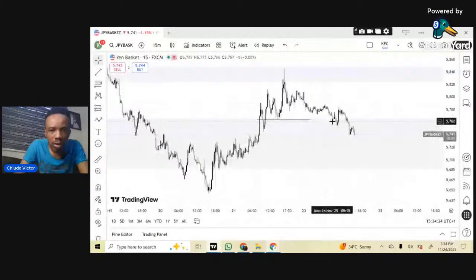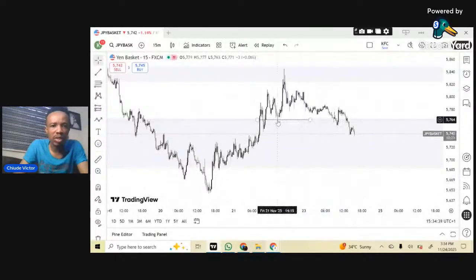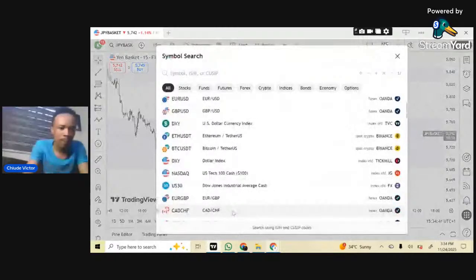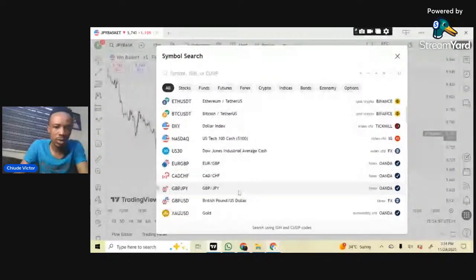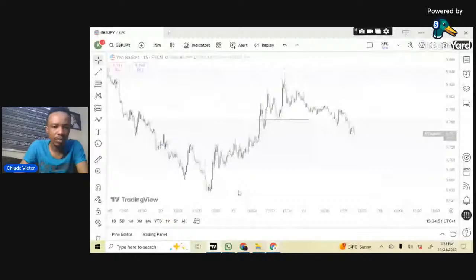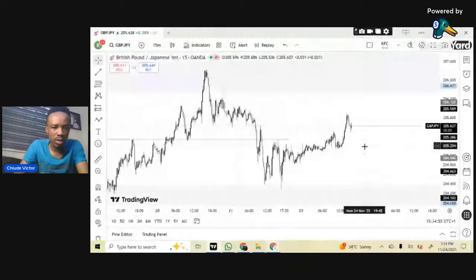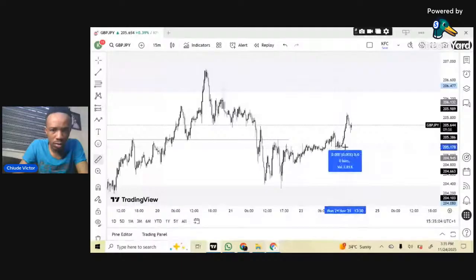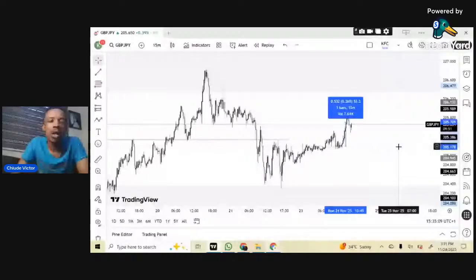I wish I was available for this. I just needed it to take out this and give me this move, and it did it already. That should have been a buy, but I was not available to take that buy. That should have been a good buy on GBP JPY. As you can see, taking out this, and look at the buy. It could have given us from here to here 53 pips. Wow, how could we have missed 53 pips?